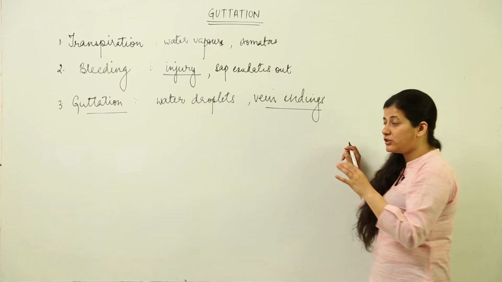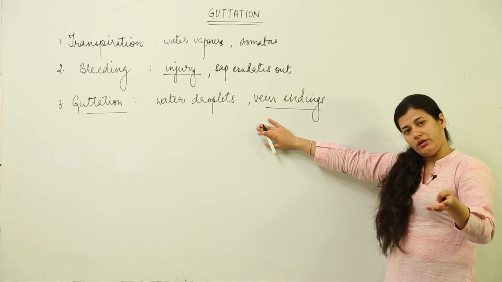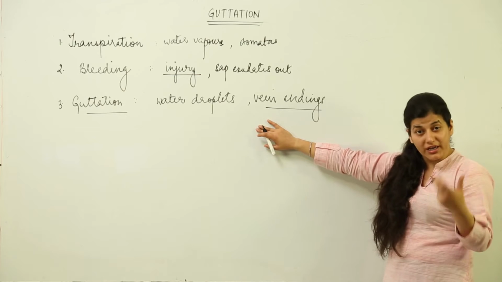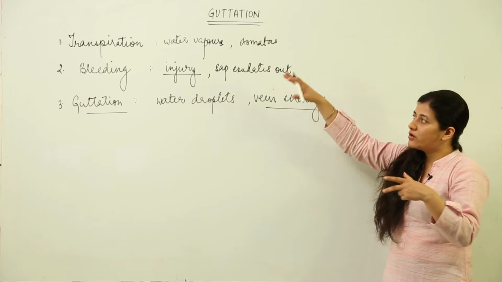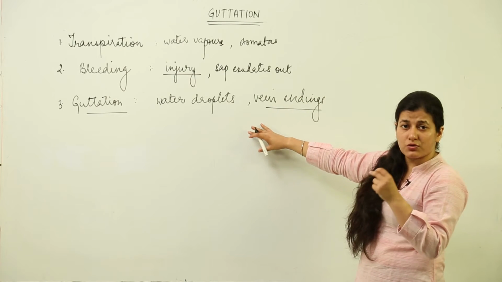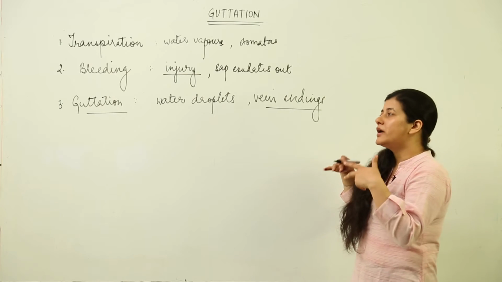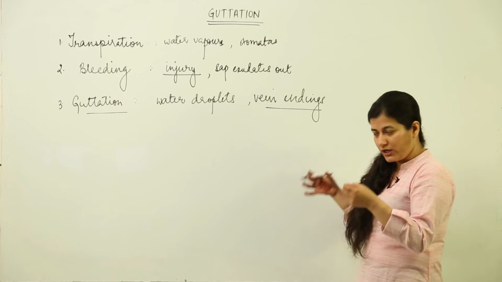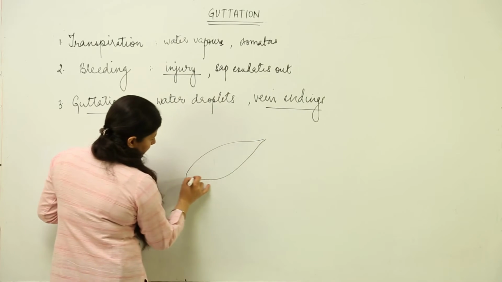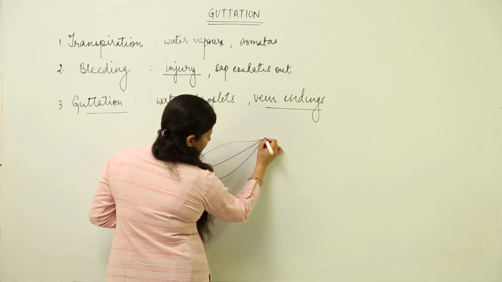But in the case of guttation, transpiration goes on the entire day, and because water vapors are involved which are gaseous and we cannot see, we cannot differentiate whether transpiration is going on, but this guttation process is quite visible to our eyes. And early in the morning on a humid day, supposedly this is a leaf, there is a humid morning, over here you're going to find tiny droplets